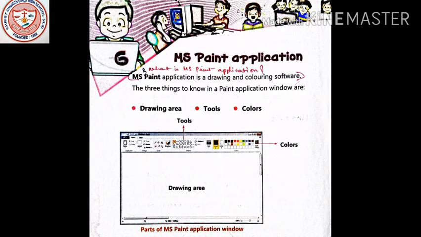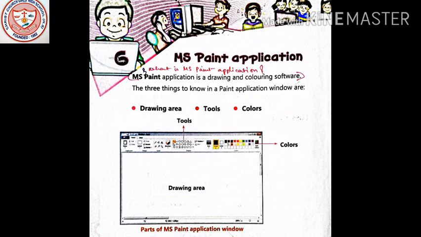Now let's see the MS Paint application. What is the MS Paint application? It is a drawing and coloring software.